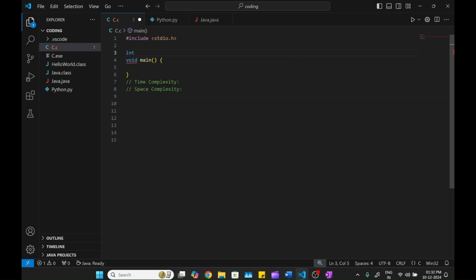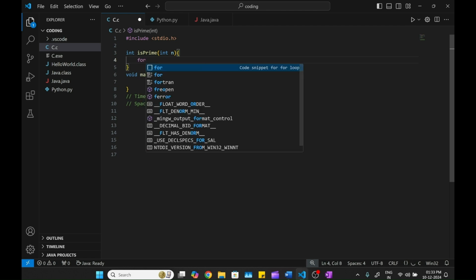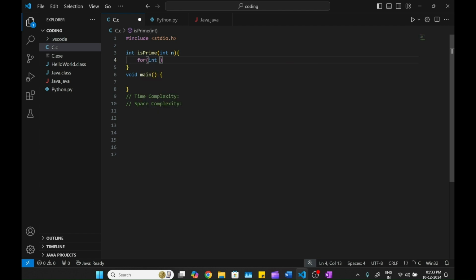It is returning 0 or 1, and the function name is prime. After that, the parameter we should pass is an integer, that is n, to this function. And after that, we will take for int i is equal to 2, i less than